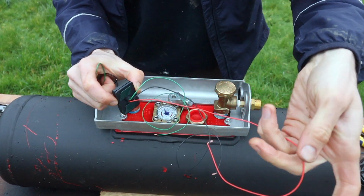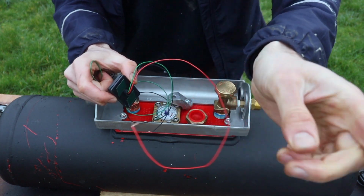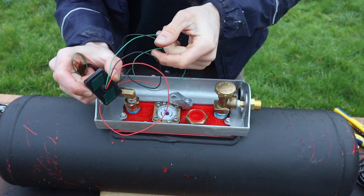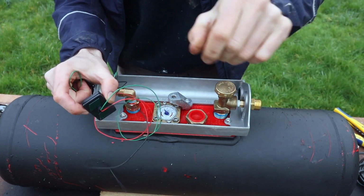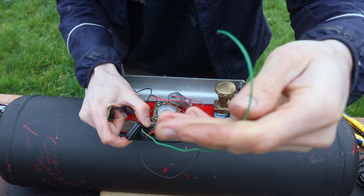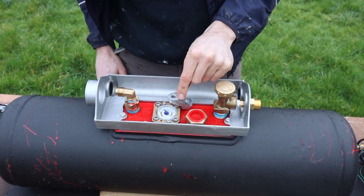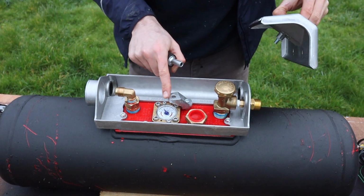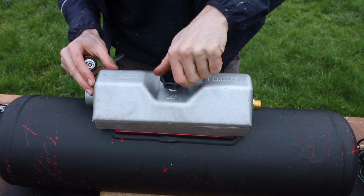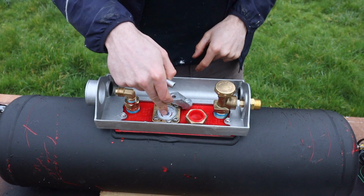So you have the red, which is your 12 volt, so that will run directly to the fuse box, and then the black is the ground, and the green is the signal. And the reason I know that is because I read the instructions. Now, the first thing I got to do is loosen this bracket. This bracket is just so you can actually close it, so you can put on the cover, and I just have to remove that so then I can get into the...